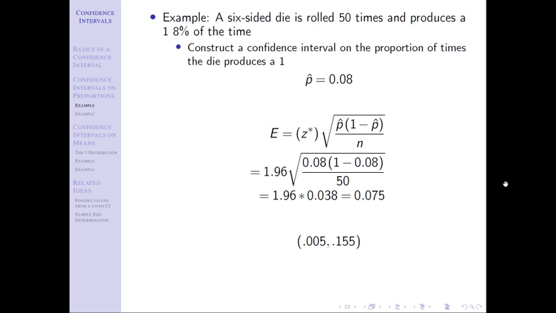Now, as we talked about last video, we don't just report the confidence interval, we write out a sentence. That sentence is going to take shape like we had earlier in this set of notes where we said we are blank percent confident that the interval between blank and blank contains the parameter of interest. So we're going to say we're 95% confident the interval between 0.005 and 0.155 contains. And remember, we wrote down the parameter of interest in brackets, but I made the comment, I said we're not going to write the parameter of interest. We're going to actually write out what the parameter of interest is.